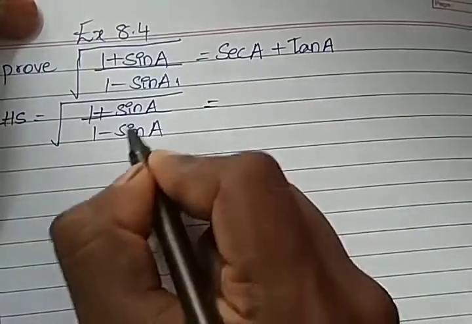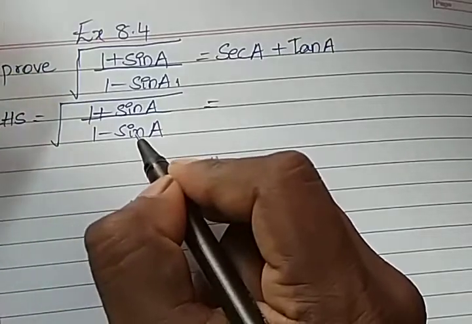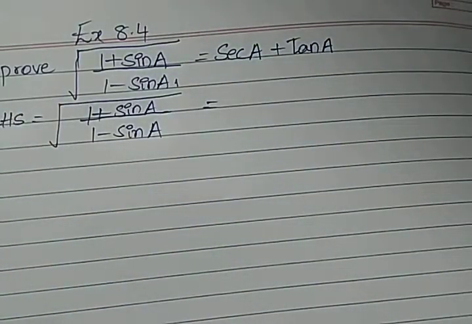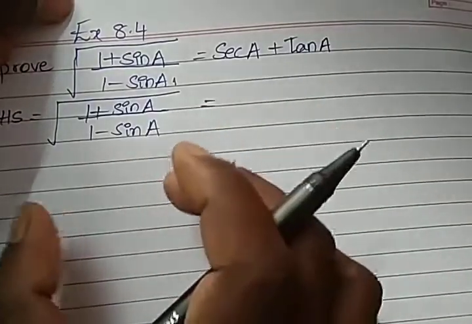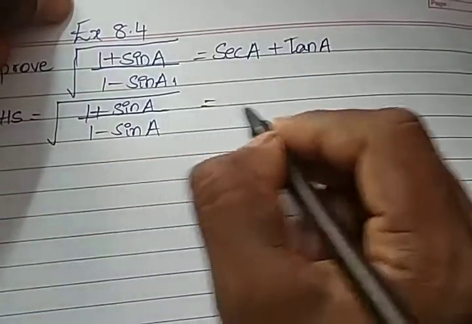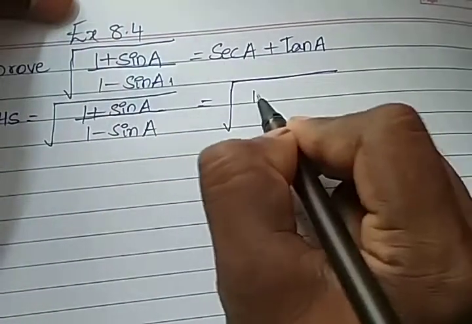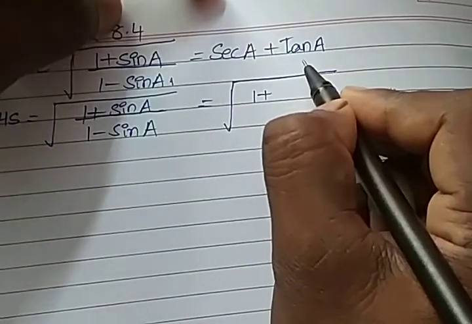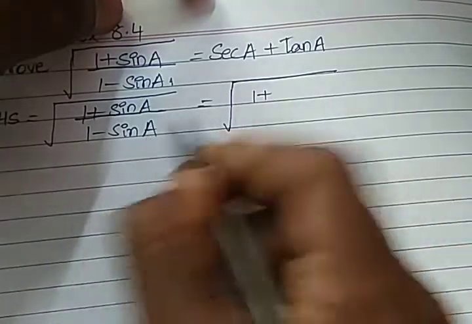So here we can do this. As this is given in sine ratio, of course we can convert, but here we will use the concept of rationalization. In rationalization, we take the opposite of the same terms and multiply in the numerator and denominator. So here also we are going to do the same. 1 plus sin a, secant a means 1 by cos a, tan a means sin a by cos a. That means we need cos in the denominator.